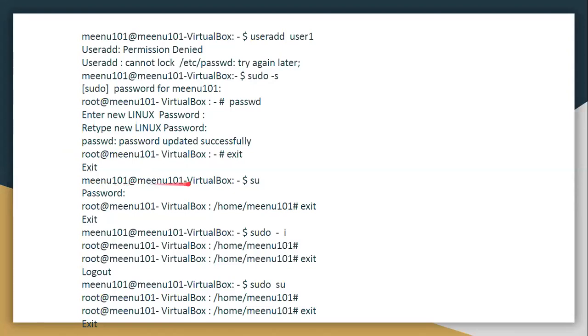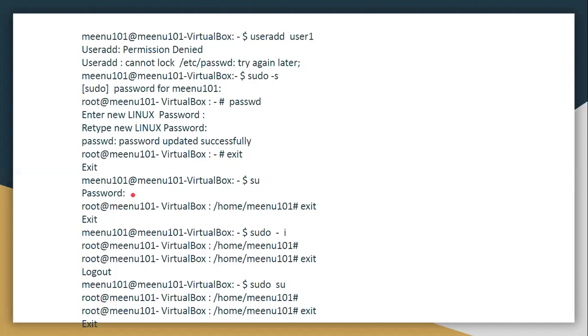Fine. Now if I want to switch Minu 101 to the super user, SU stands for switch user. You want to substitute as a super user, so you put the command su. Now that you have created a super user password, you directly put the command su at the Minu prompt.